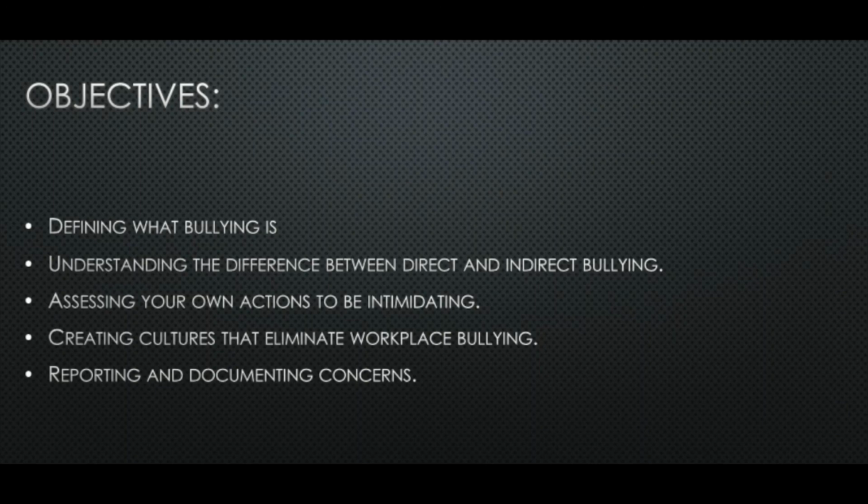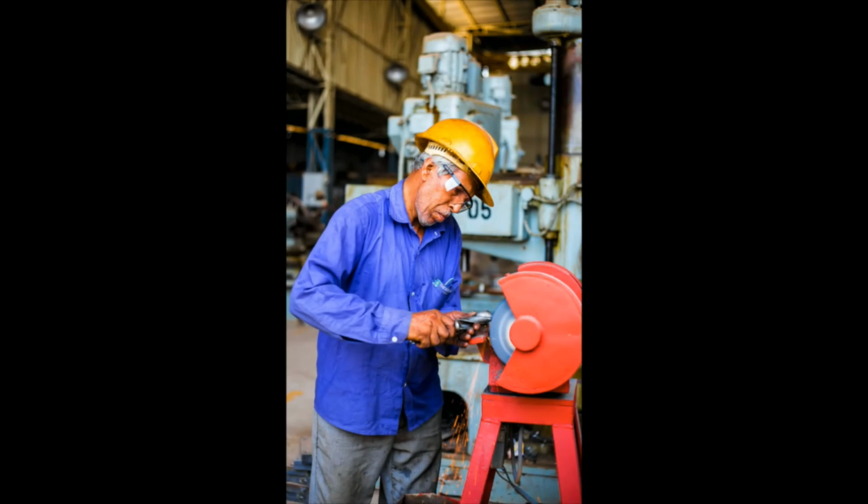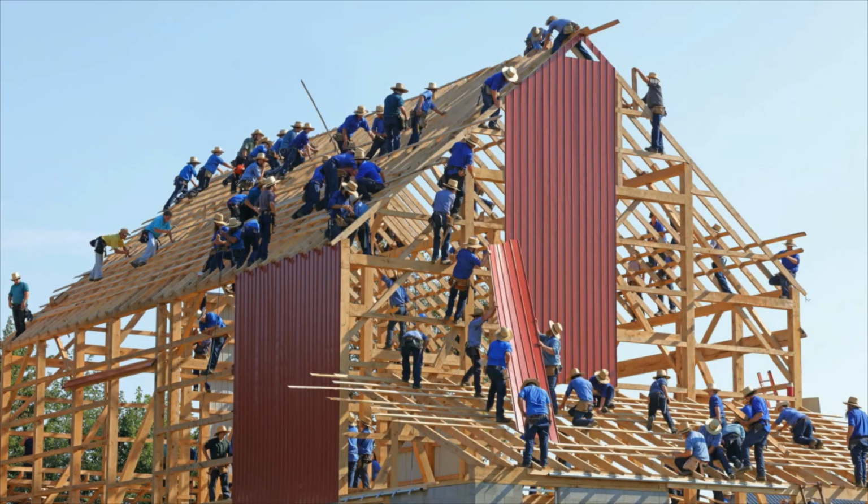In conclusion, this training has taught you how to define bullying, how to recognize the difference between direct and indirect bullying, how to assess your own actions and be more aware of your actions to coworkers, and how to create a total culture of a bully free environment and having the courage to report repeated and serious incidents. Together, your management team and you stand together to make sure your workplace is free of threats, intimidation, embarrassment, and isolation. You are all working together to a happier and safer place to work, one that respects and values every employee and functions as an efficient workplace as possible. A bully free culture is not only possible, but expected, and it takes everyone to make it happen.